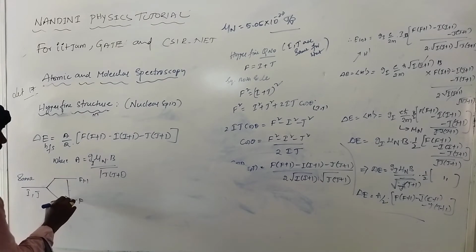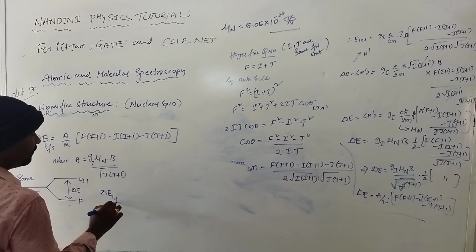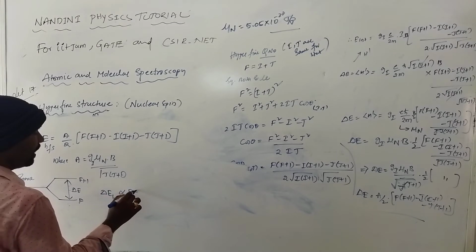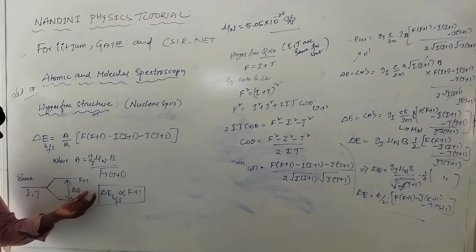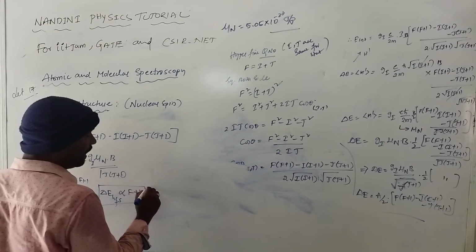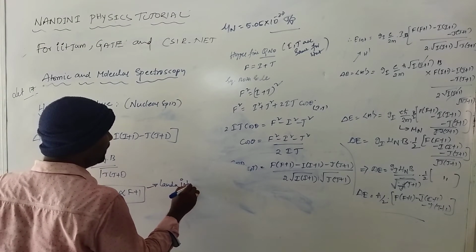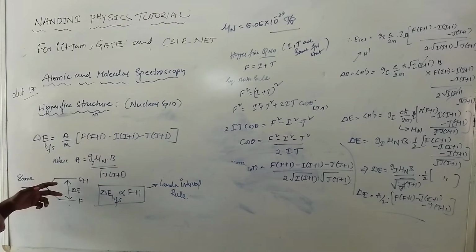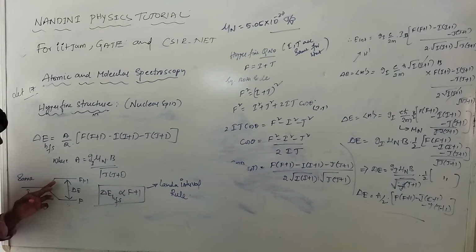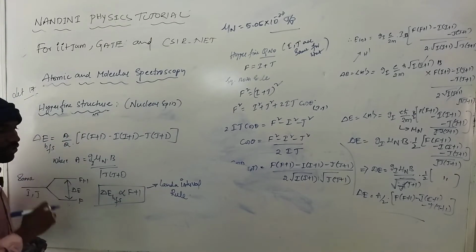So, therefore, the energy shift between these two levels is delta E, and this delta E for hyperfine structure is directly proportional to higher values of capital F plus 1. This is called the higher term, and it is directly proportional to the higher terms. This is called the Landé interval rule. According to the Landé interval rule, the splitting of spectral terms, otherwise the energy shift between the splitting of spectral terms, is always directly proportional to the higher terms only. So, this is called Landé's interval.